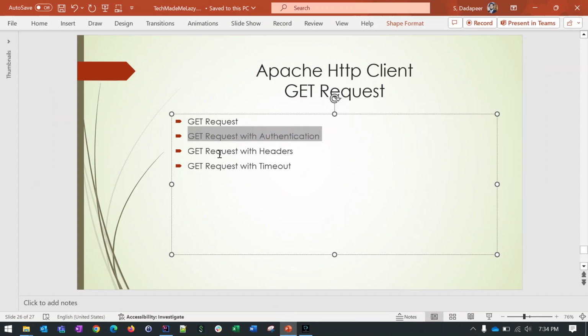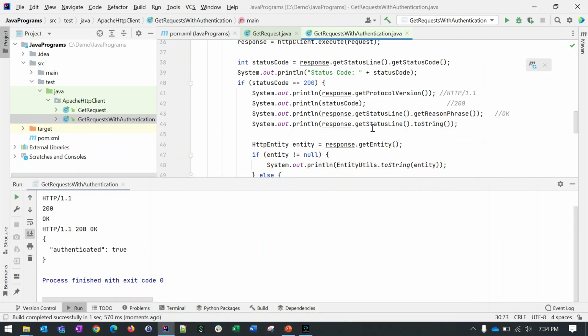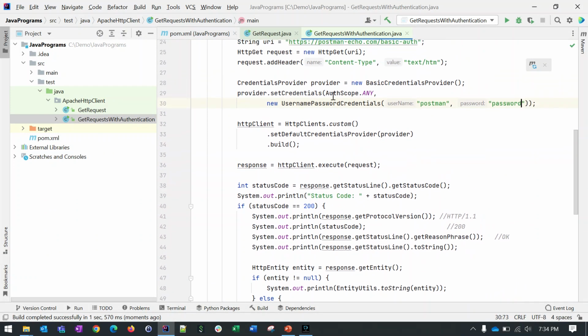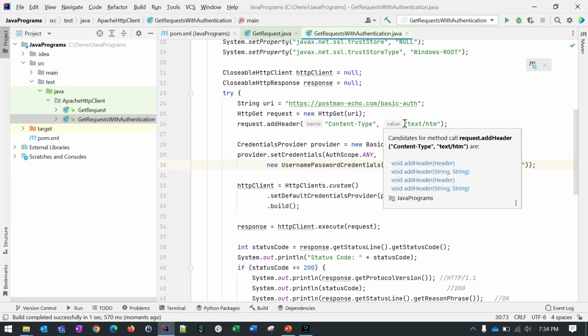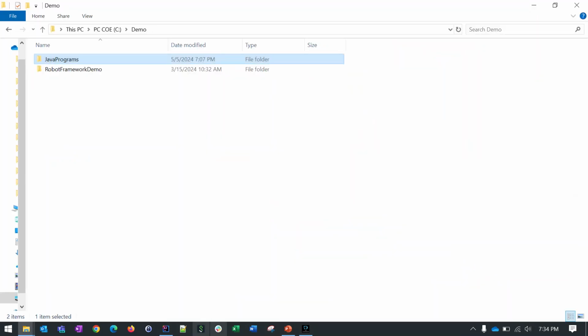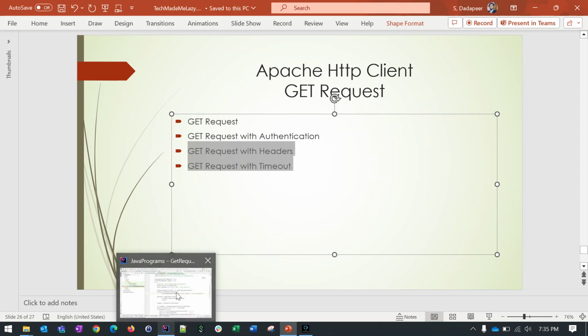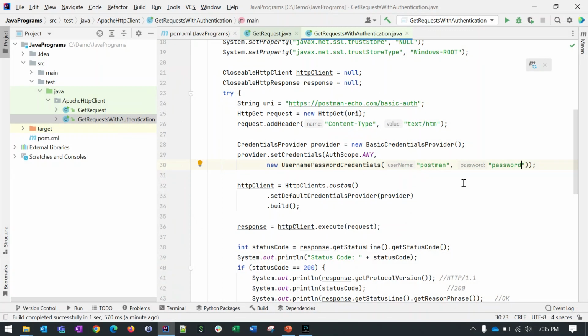Now we can see how we can add a parameter, get request with parameters. In the previous one also we added one parameter here, that is request.add parameter. Let's add some more parameters and see how we can add parameters and timeout also. Now we are going to cover both of these, how to add a parameter and how to set timeouts. So let's create